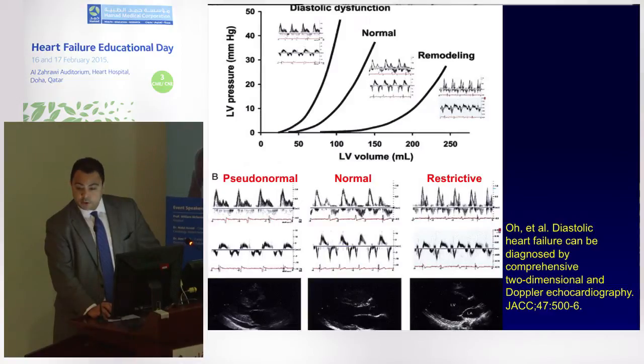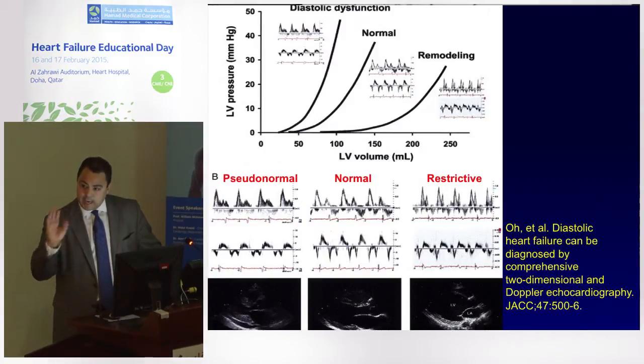is that pseudonormal filling, so grade 2 diastolic dysfunction, is marked by a decreased E prime, so you have impaired relaxation, in the setting of LV hypertrophy and elevated filling pressure. So this is the leftward, upward shift of the pressure-volume relationship. However, in normal, you basically have a high E wave, but that's caused by rapid diastolic suction, which is shown by a high E prime, the tissue Doppler early diastolic velocity. A normal relaxation velocity in the lateral wall is greater than 10, and in the septum greater than 8